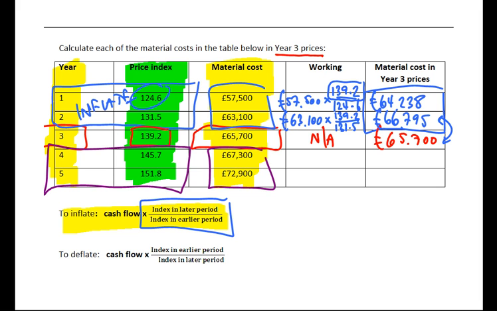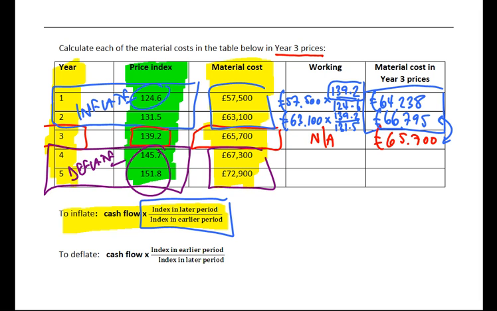They're both now higher than year 3, and that's because we've got higher price index figures. Inflation has continued to drive prices upwards, so it's hardly surprising that the material costs are going up. These figures are not really comparable to year 3. Now these figures are going to need to be reduced or deflated. I'm going to deflate years 4 and 5 back to what they would have been before the additional increase